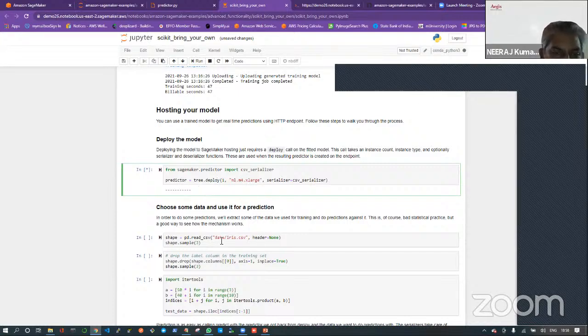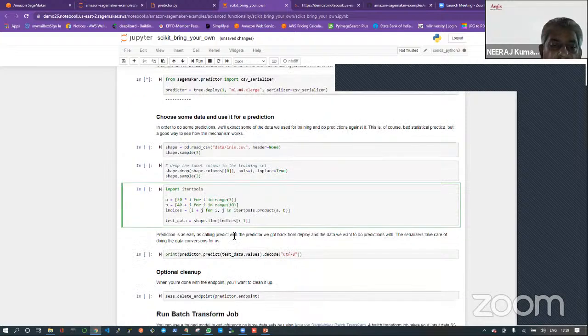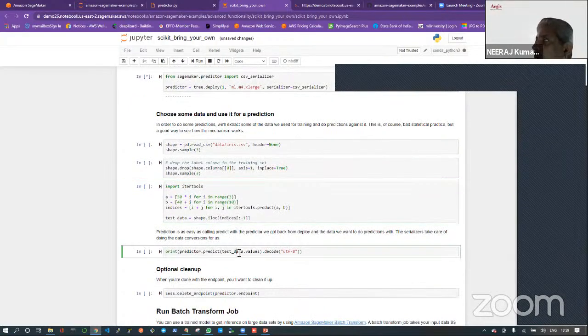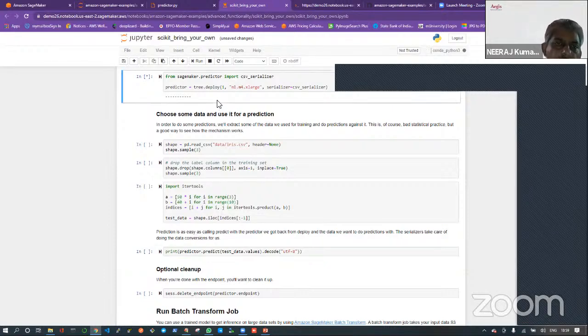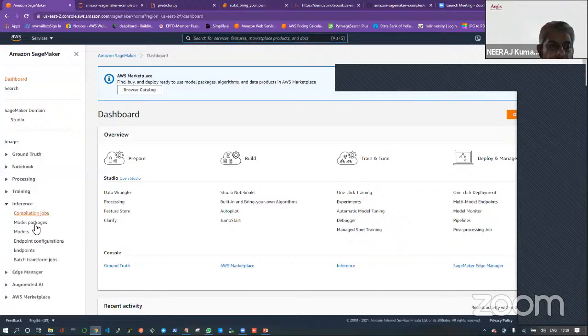Okay. So once it is done, what we will do is create a simple test data to test whether I am getting the inferences or not, right? Because it's iris data, I will provide some data, and it should give me some output saying whether it's a setosa or whatever flower, right? So just give me a minute. Once this training is over, I will show you that.